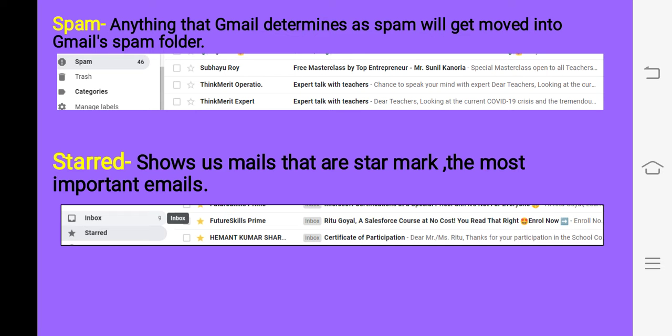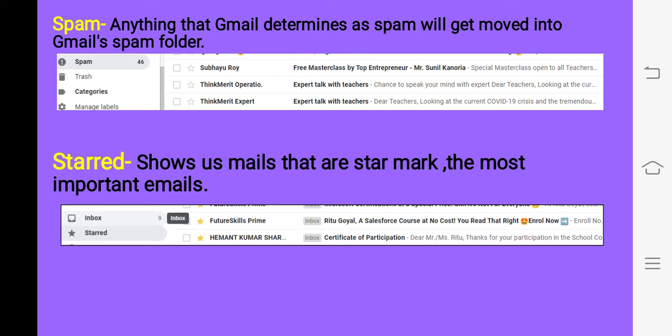Starred. Children, in Gmail there is a facility of star and important to prioritize our received mails. If we like, we can mark our mail with a star. You can see that if we mark our mail with a star, the star color will be yellow. If we want, we can change the yellow color.